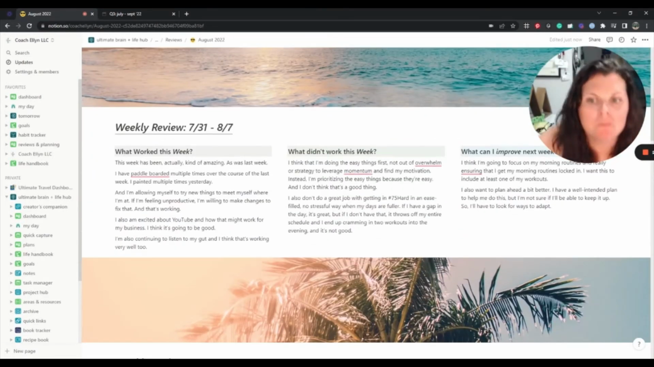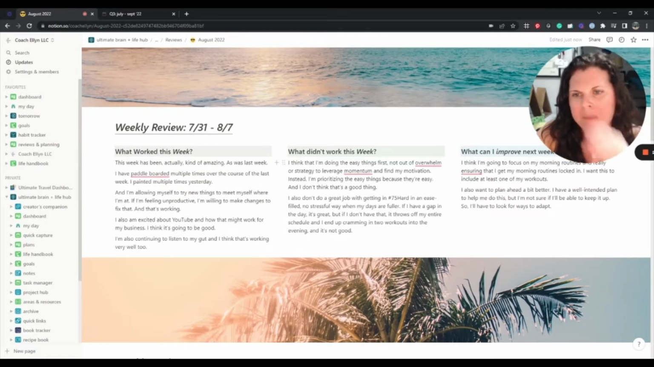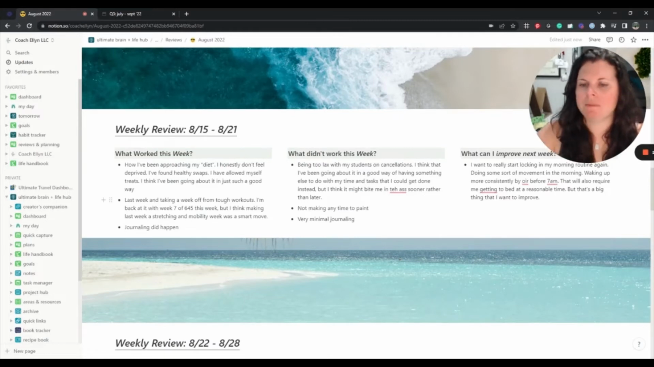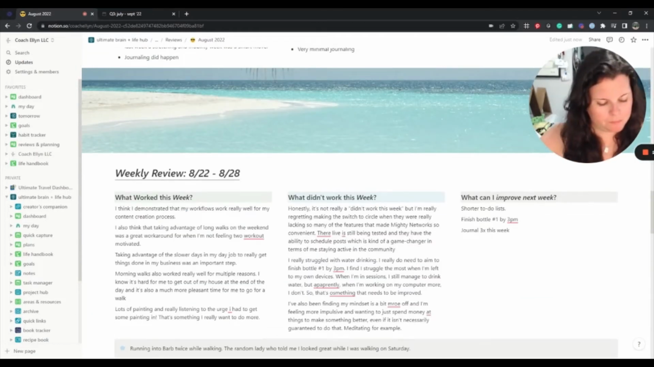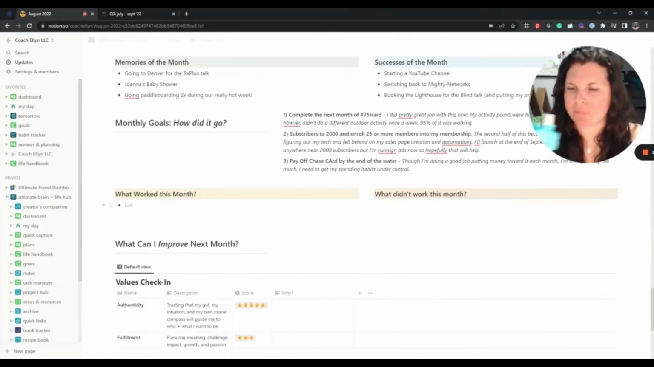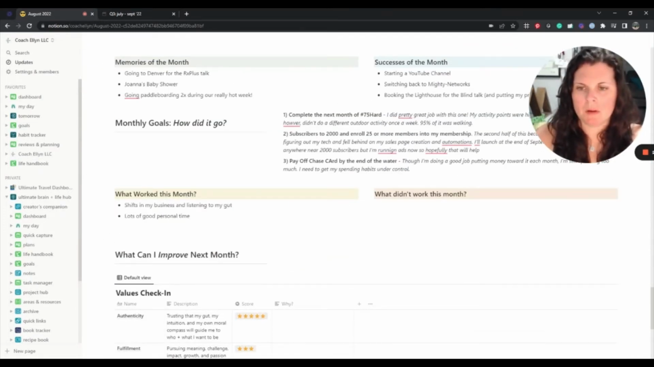Once I check in on my goals, I scan back through my weekly reviews. You can see each week I ask myself what worked, what didn't work, and what can I improve. Each month, what I'm looking for is patterns. Were there any recurring themes in terms of what worked and what didn't work that I can carry forward into